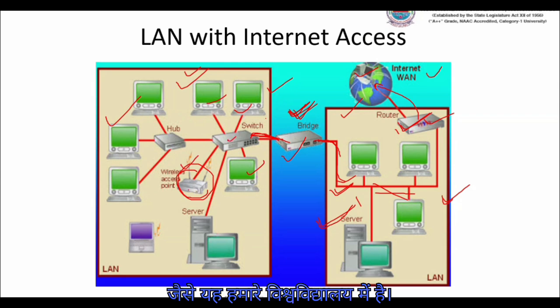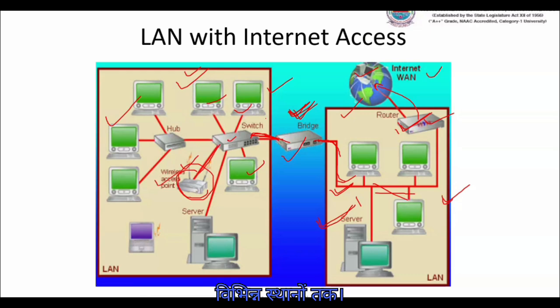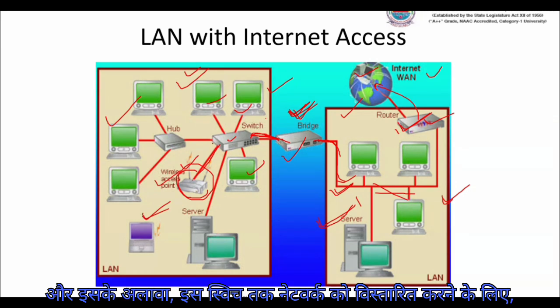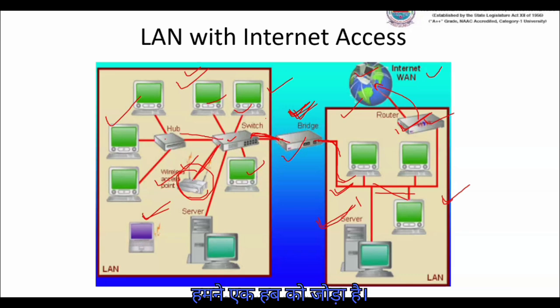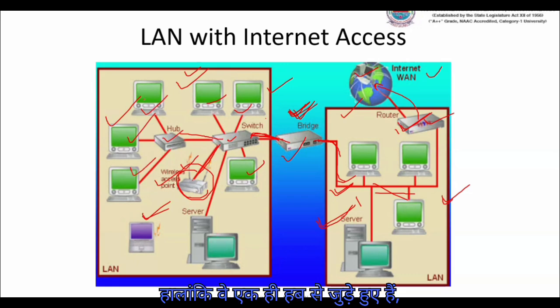अलग से नहीं होता, but where there is a slightly bigger Wi-Fi, like it's there in our university, the switch extends wireless access points to different locations. So this is providing wireless access, so devices can access the network wirelessly also. And further to this, to extend the network to this switch, we have connected one hub, and to this hub